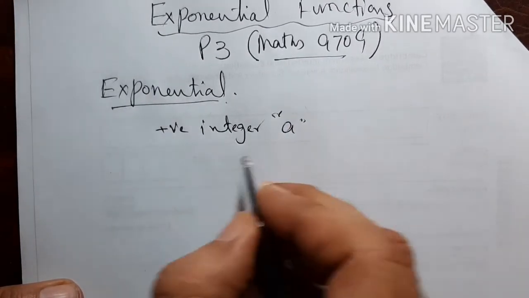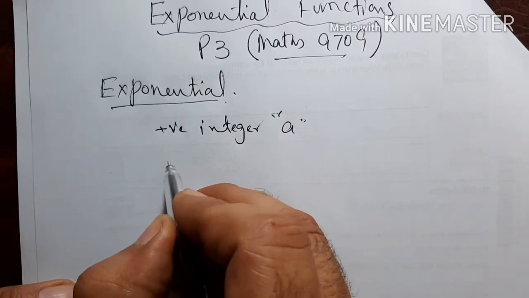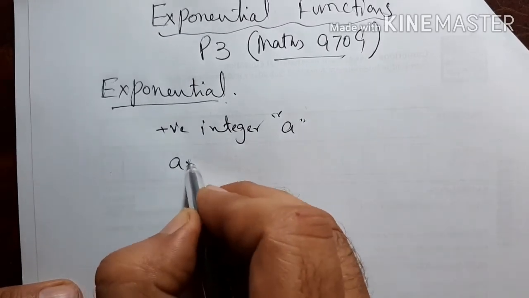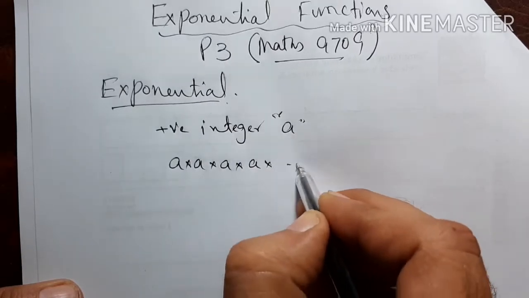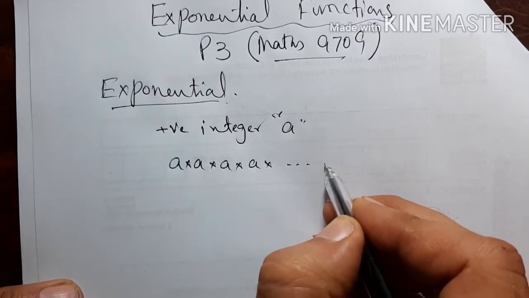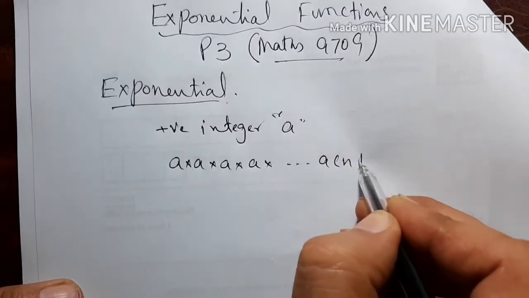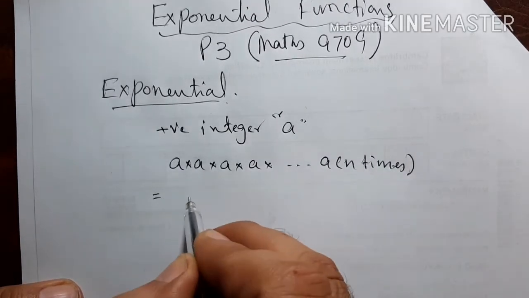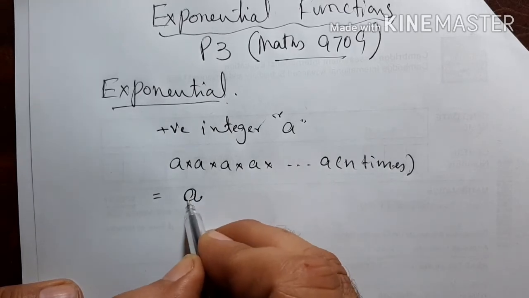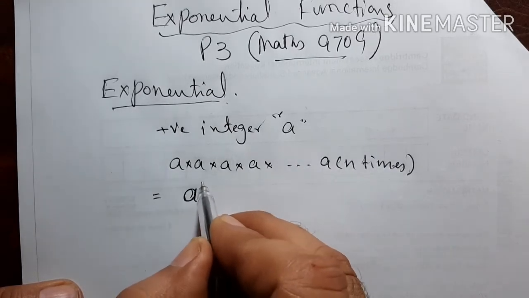If we multiply this a n times with itself, then we can write it as a raised to power n,